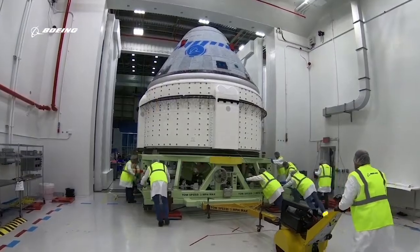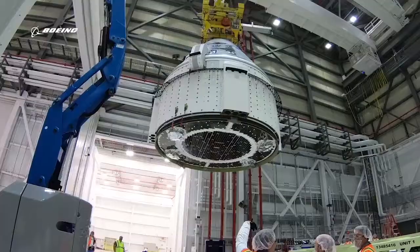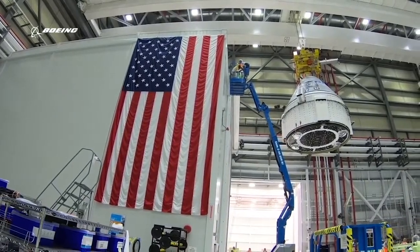I'm thrilled to be here today at Kennedy Space Center Visitor Complex inside the Astronaut Hall of Fame, surrounded by the heroes and legends that have inspired the work we're doing here today. My parents actually met while working on the Saturn V program, and I was born right here on Florida's Space Coast. Like many of you, I'm inspired by the wonder of space exploration, and it's humbling to be part of this moment in history. We're so proud that Starliner is the very first human spacecraft to be built and launched right here in Florida. Thank you to all the teams across the country and as far away as Australia who